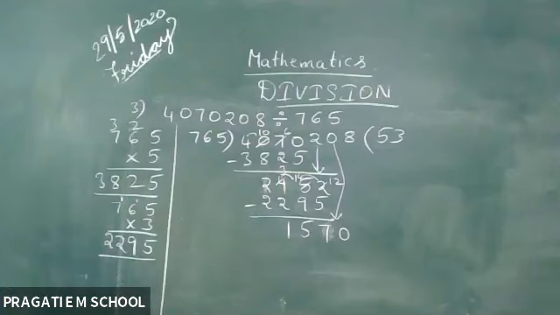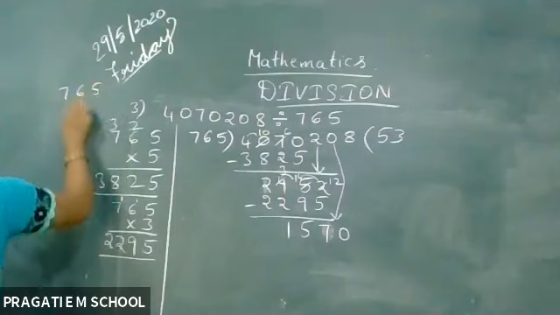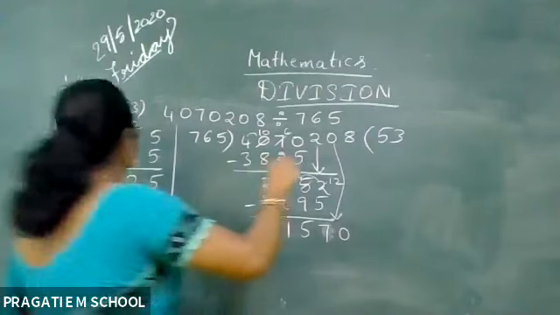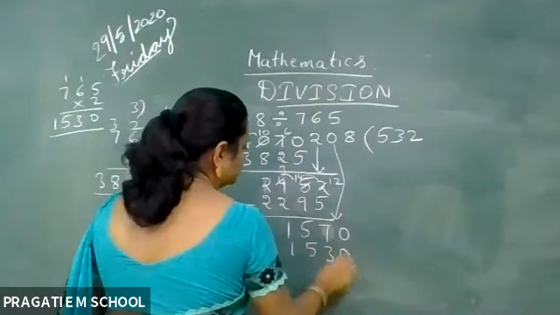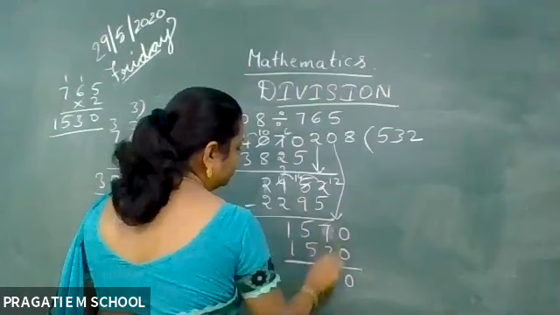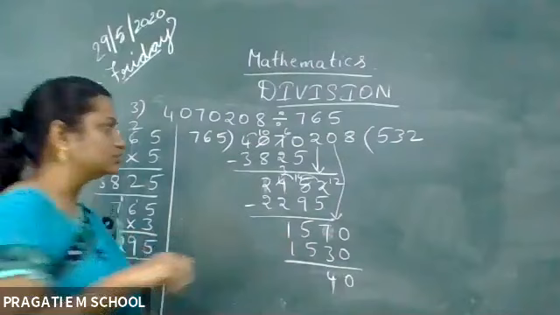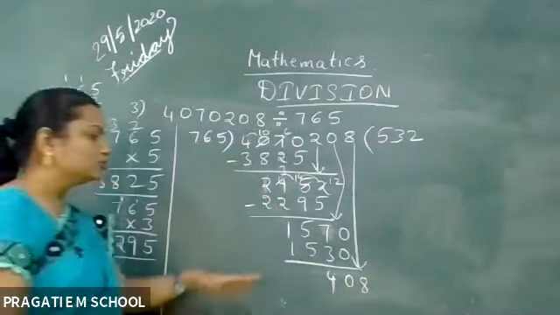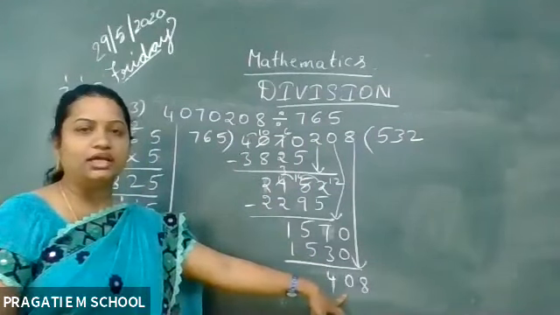1570. So we will go with 765 2s. 765 2s. 2 5s are 10, 2 6s are 12 plus 1 is 13, 2 7s are 14 plus 1 is 15. 1530. So here we have 0, 7 minus 3, 4, 5 minus 5, 0, 1 minus 1, 0. No need to worry about this. Now what we are left with? We are left with 408. 408 is less than